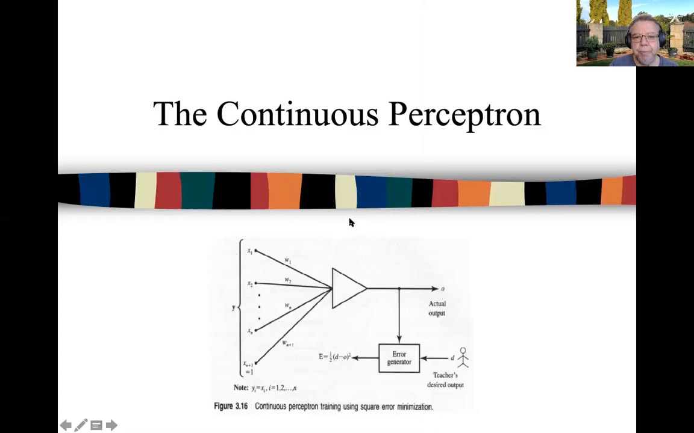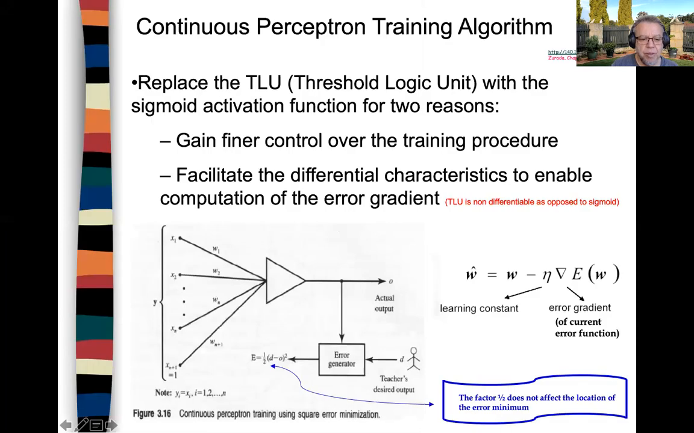Now let's cover the continuous perceptron. In this case, we're going to replace the threshold logic unit that we had here with the sigmoid activation function, meaning that we have our input pattern x1, x2, xn, which is fed to this perceptron. And then we have an augmented pattern, y, because we're